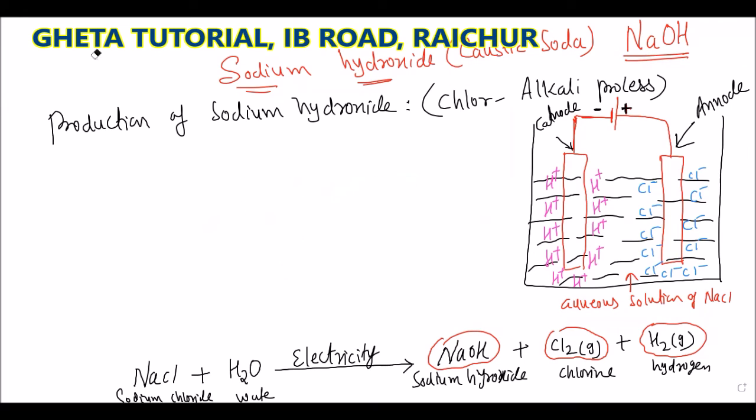Okay, and now we'll write the statement. What is the statement? Very simple one. Now, how is sodium hydroxide produced? When the electricity is passed through the aqueous solution of sodium chloride, nothing but what? Brine. So here I am writing: when electricity is passed through